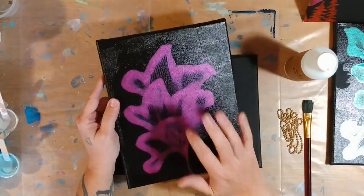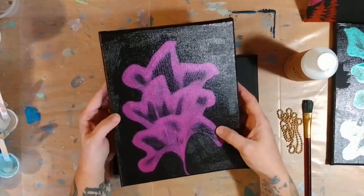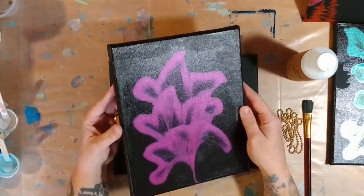And when they dry, you have a nice thump to them. They dry really nice and flat, and just pretty